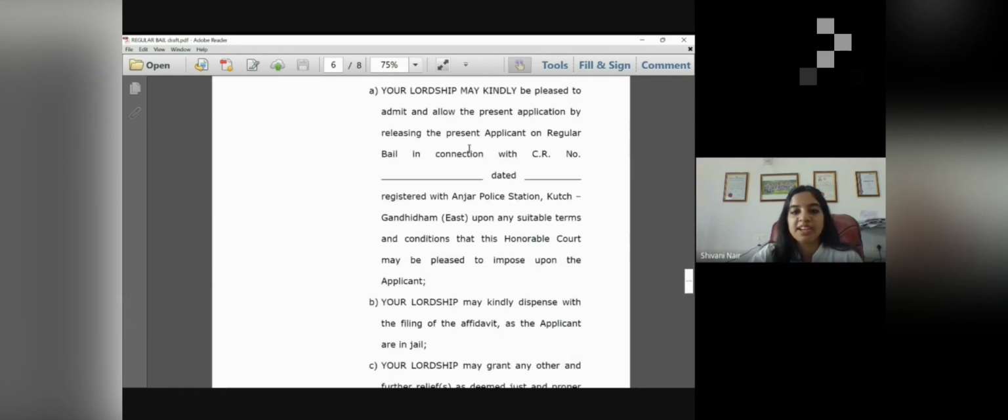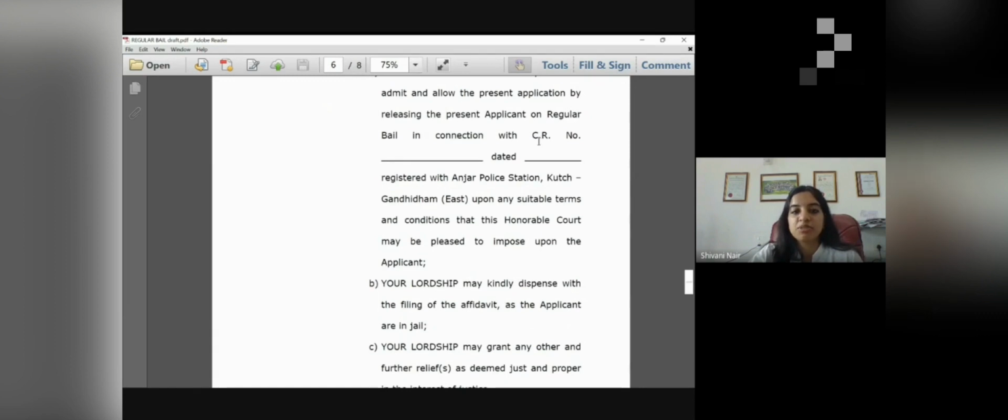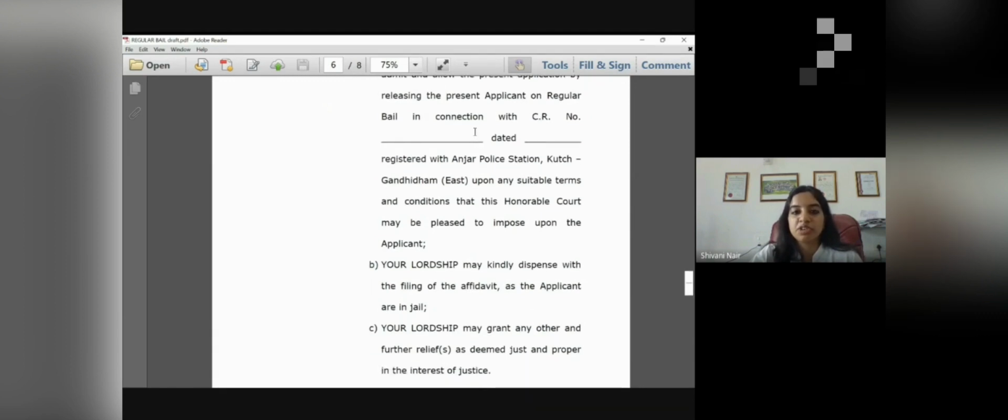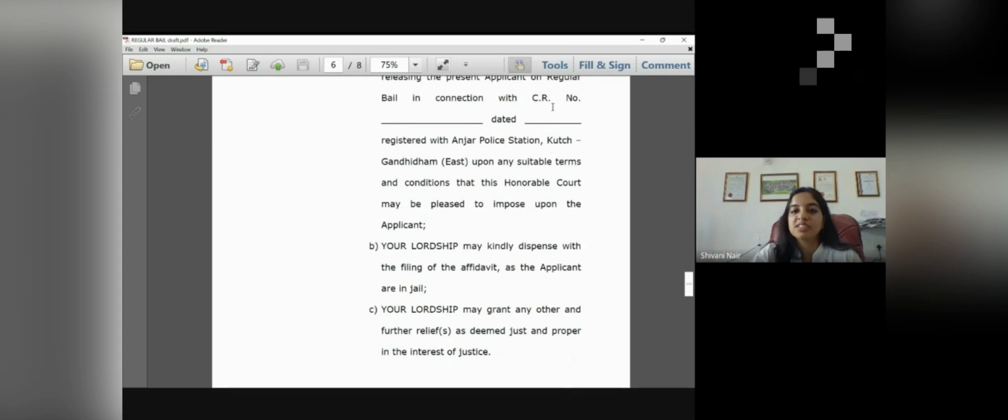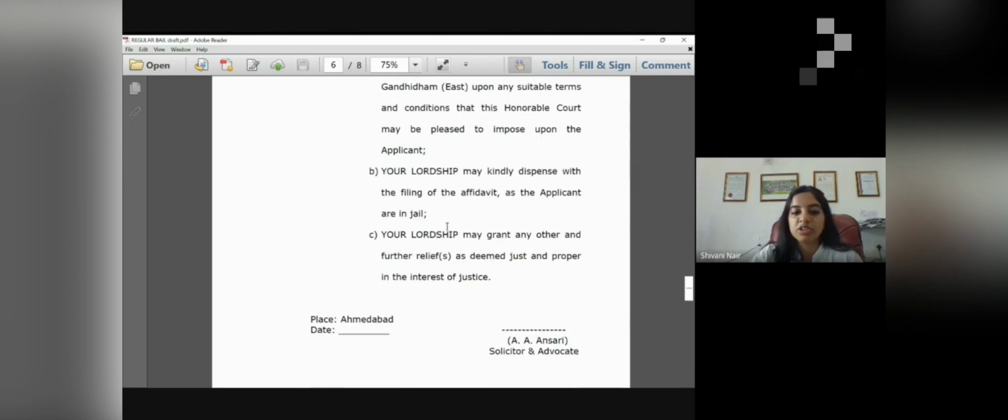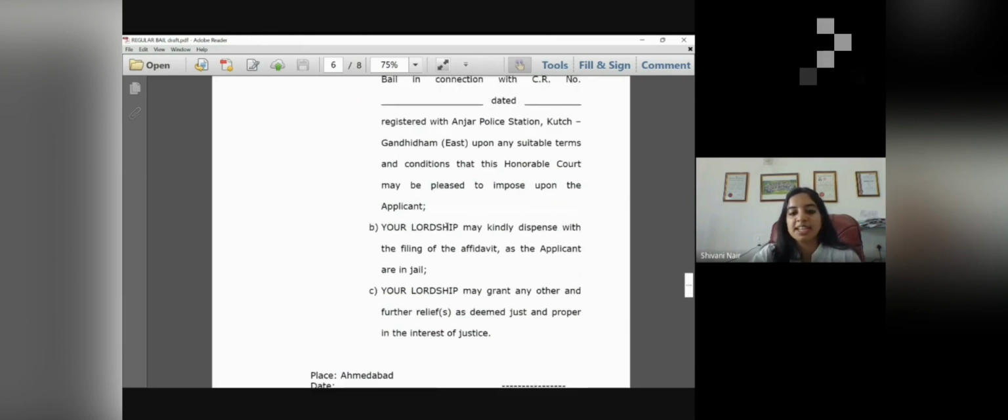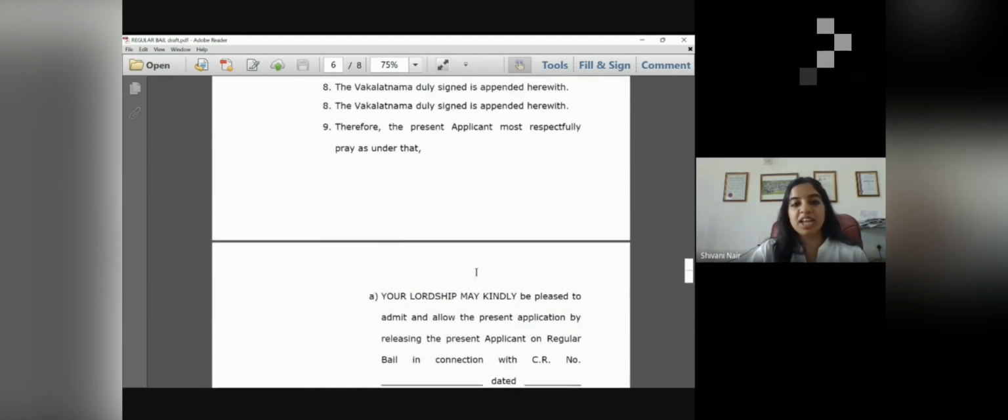What prayer do you want? That is, to allow your lordships please to admit and allow the present application by releasing the present applicant on regular bail in connection with CR number, whatever it is, registered on whatever date with so and so police station, that your lordship may kindly dispense with the filing of the affidavit as the applicants are in jail, and that the lordship may grant any other further relief as deemed just and proper in the interest of justice. So this is what you ask in your prayer, and then